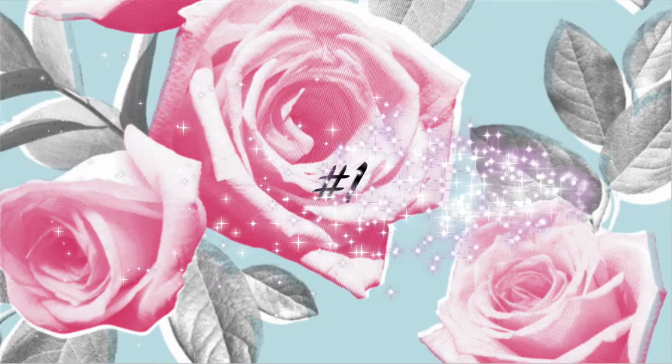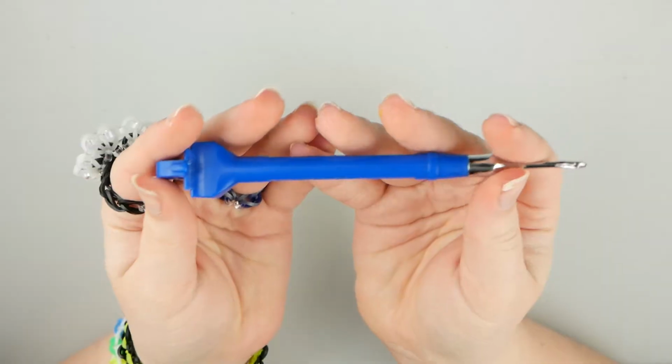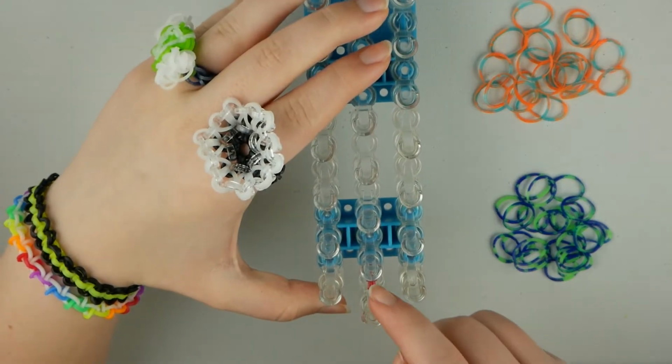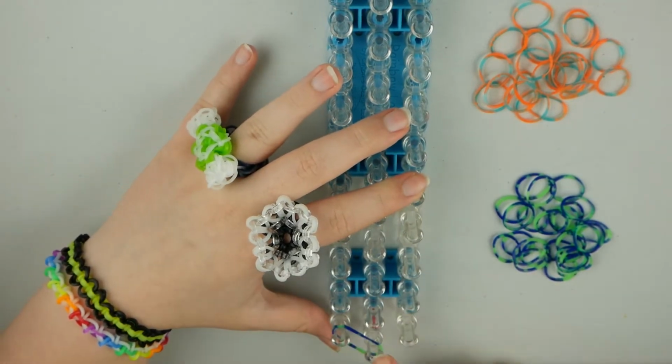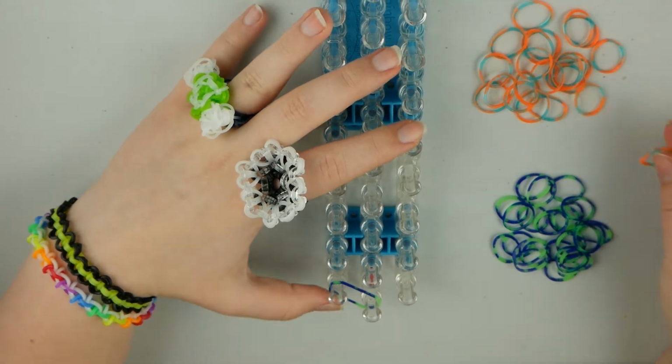So for the first method, you will need a rainbow loom, rubber bands, a hook, and finally C-clips. So you are going to start out with your rainbow loom's arrow pointing away from you, and you're going to take the first band and go from this peg to this peg,